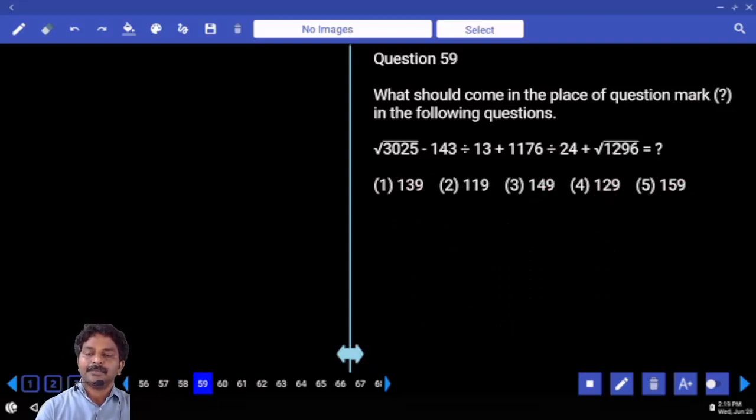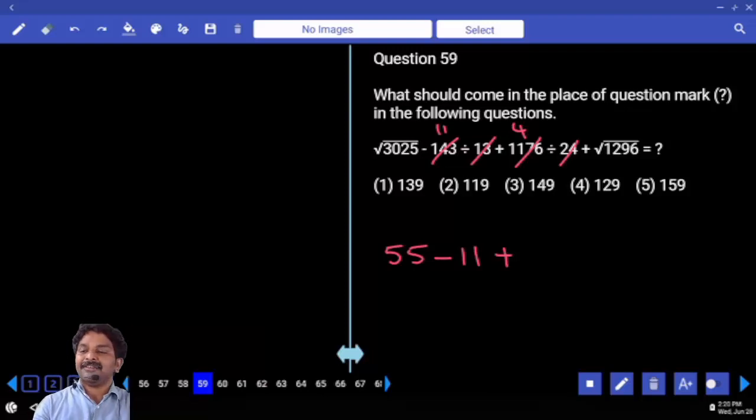Done. 30, 25. Which square is that? 55. 13 how many times? 11 times. Minus 11 plus 24 cancellation. 24, 4 times. Correct? How much is that? 96. If 96 is taken out, we have 216 only, which is how many times? 24, 9 times, plus 49, plus 1296,